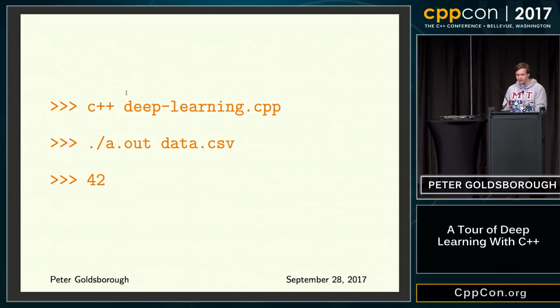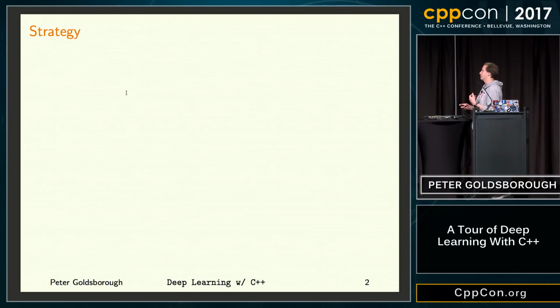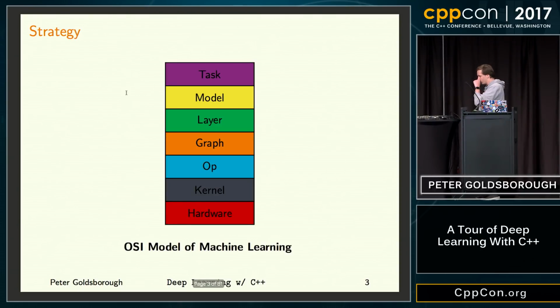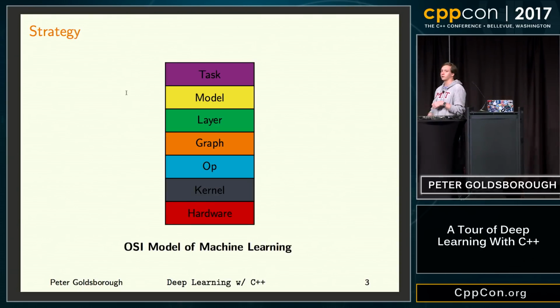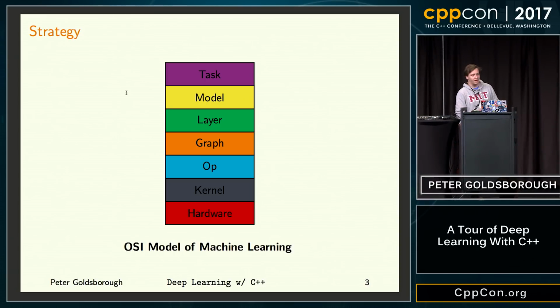So if you read the description of my talk, you saw that I generally want to convey both machine learning from the researcher's perspective as well as from the engineering backend perspective. And the body of knowledge I want to cover is quite large, so we need some kind of strategy. And you probably all know the OSI model for networking, which splits the networking stack into various layers. So I've taken the freedom of defining a similar model for machine learning, which we'll use as a guide as we step through the different layers of abstraction of machine learning.